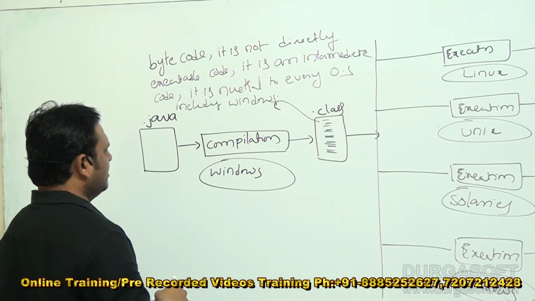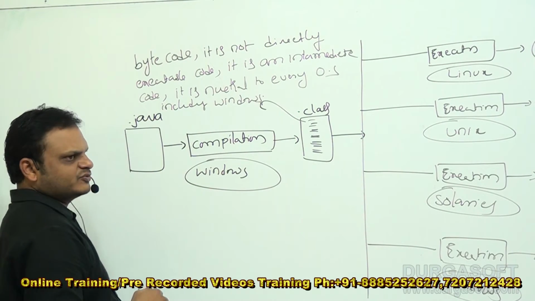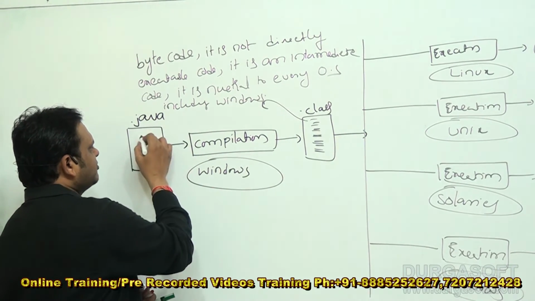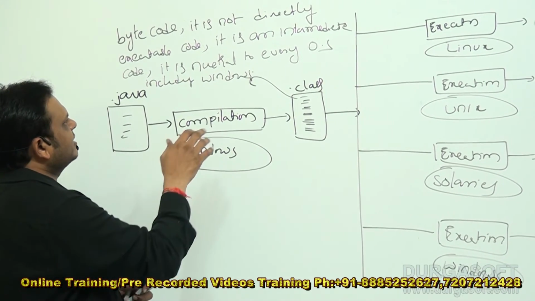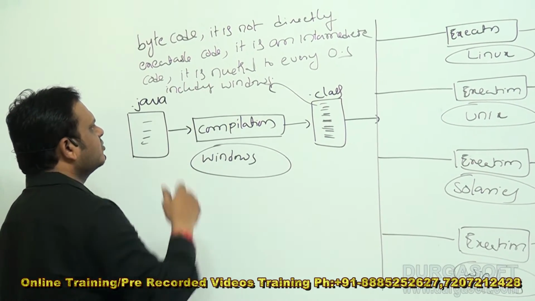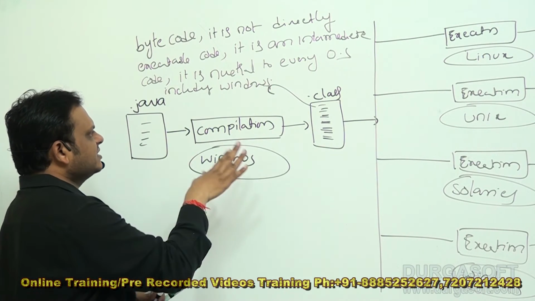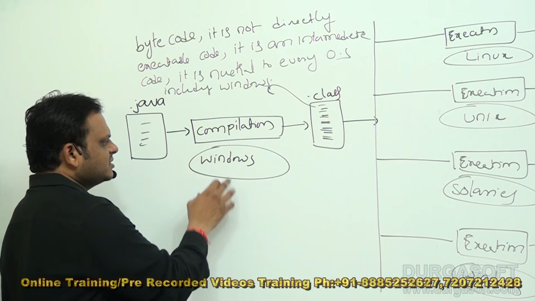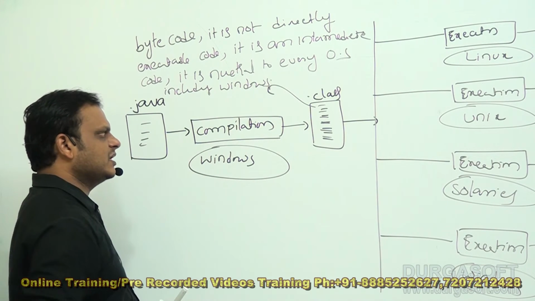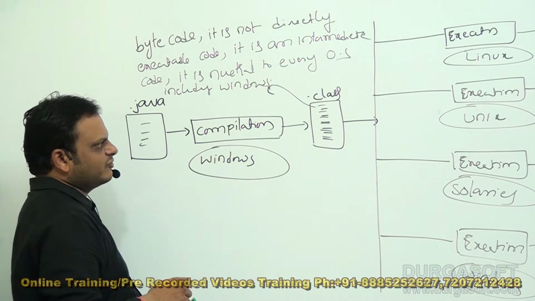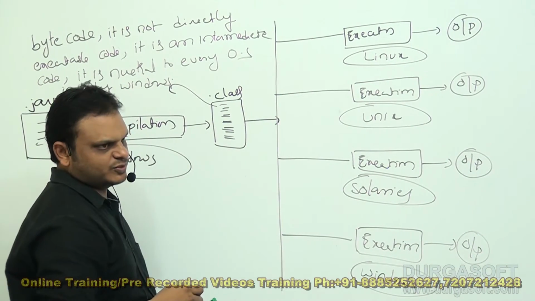See, when we compile our Java program in Windows operating system, automatically a .class file will be generated. This .class file contains bytecode mainly. What is this bytecode actually? This bytecode is not directly executable code. This bytecode is an intermediary code, and it is not representing any of the operating system representations, including the Windows operating system where we have used for compilation. After completion of which, this .class file I want to execute in all the operating systems.